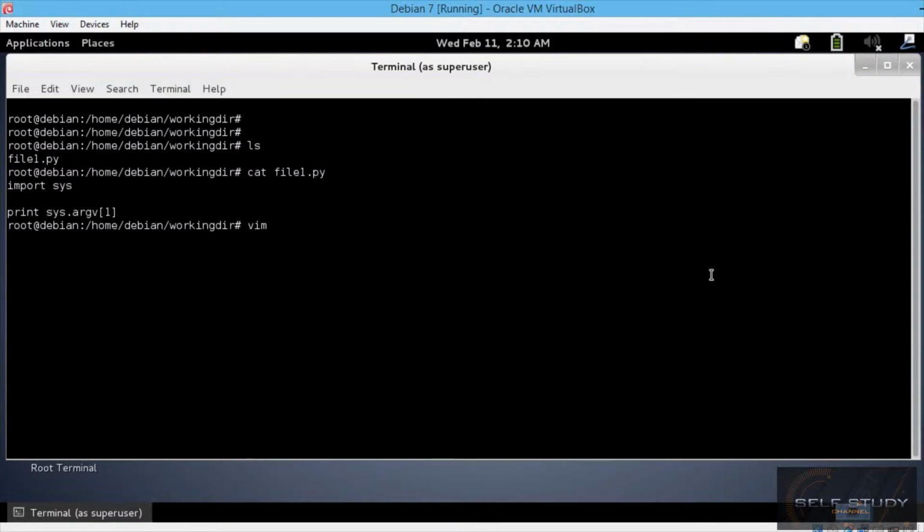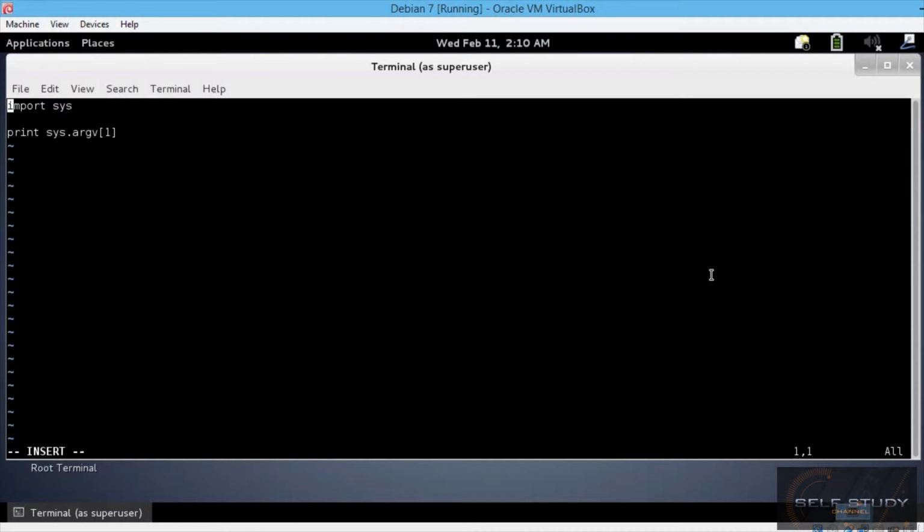So using vim, let's edit the file, I for insert. Now delete the import sys, and don't worry, the raw input function is a Python built-in function, so you don't have to import any module to use it. Okay, so now we just have the print. Instead of printing sys.argv and passing the desired string as a command argument, we are going to ask the user to enter whatever he wants. So print raw input,